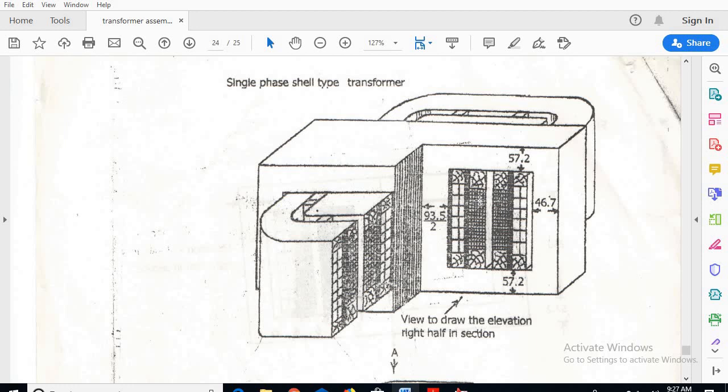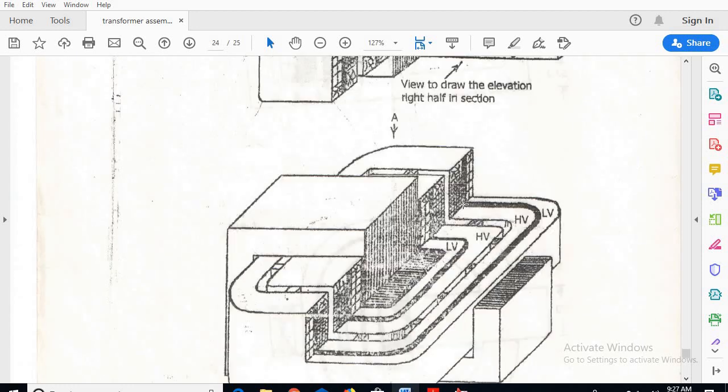So when we see the plan part from the top view, this is the plan I can see. Okay, so I can see the outer layer of the leg. So this is the outer leg. Between the outer leg and the LV coil there will be a small space. So this is the HV coil and here is the insulation. Next here HV coil, next here is the duct, and again HV coil, insulation, next LV coil. This is the center limb, that is half of the center limb.